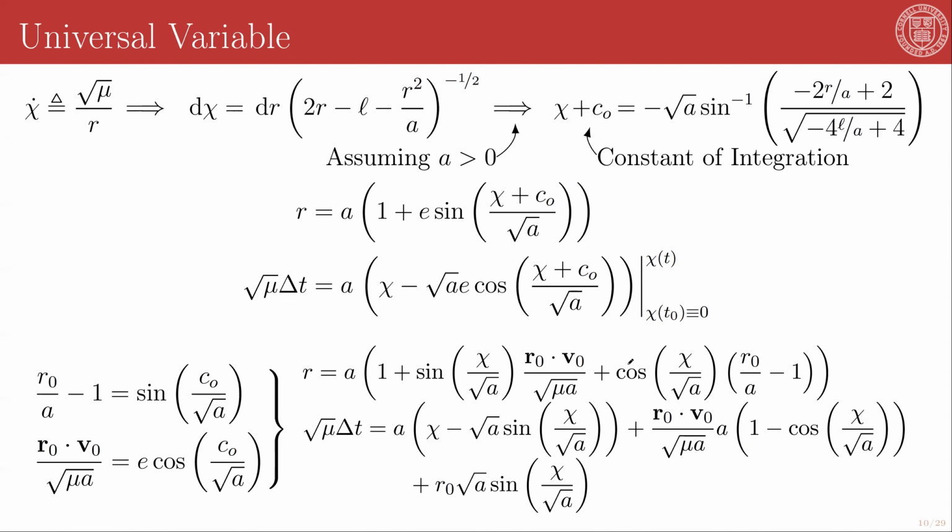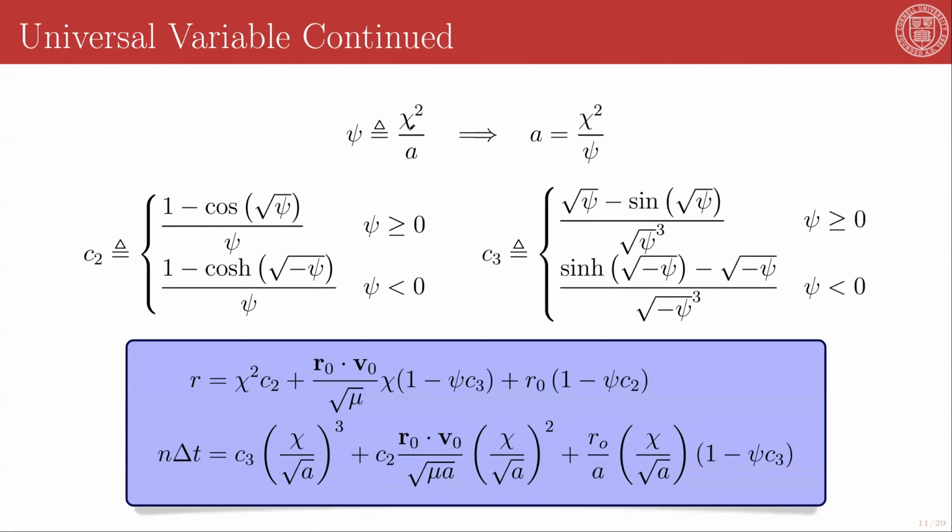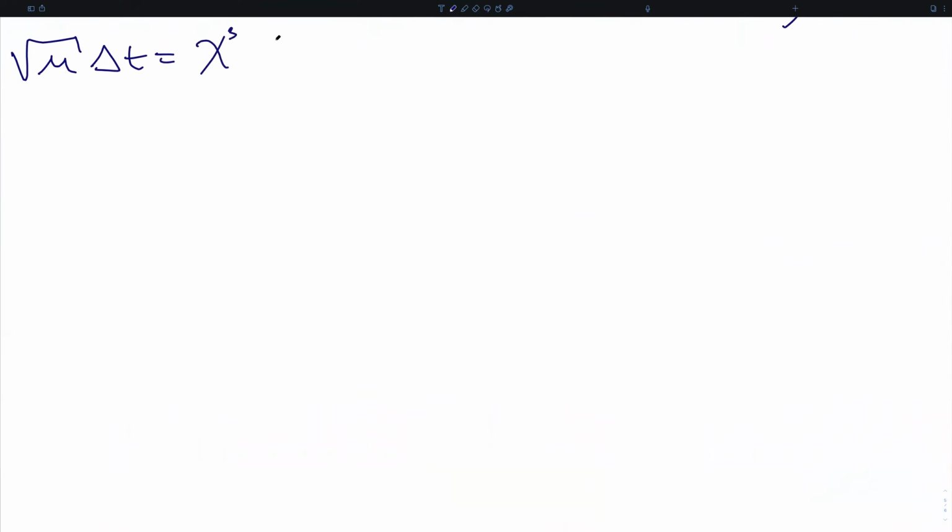Well, it turns out that we need to define another auxiliary variable. And we define psi to be chi squared over a, which means that the semi-major axis can be written as chi squared over this new variable, psi. What does this give us? Well, this allows us to rewrite our time and orbital radius equations as